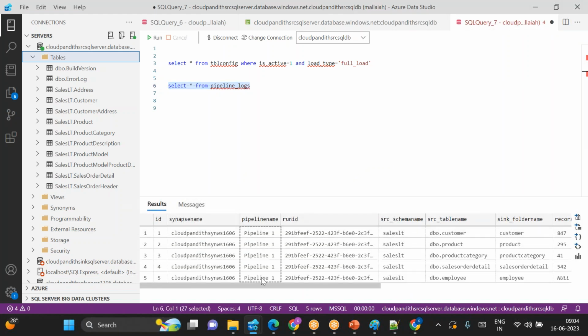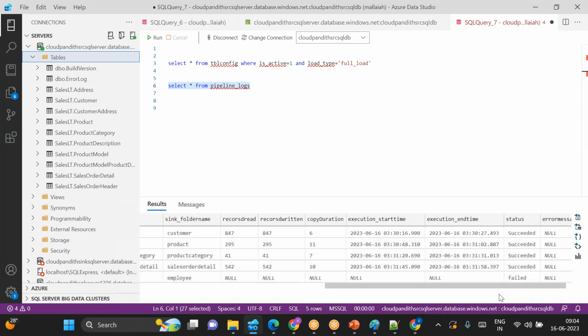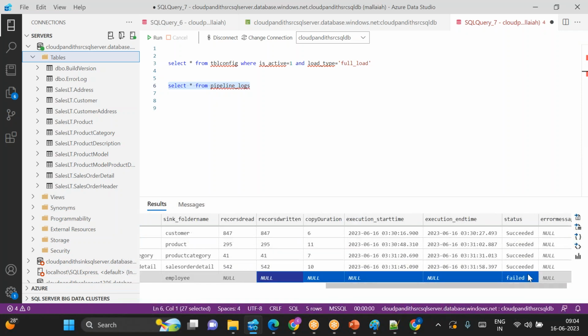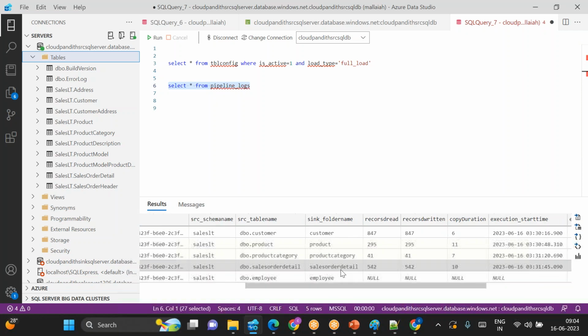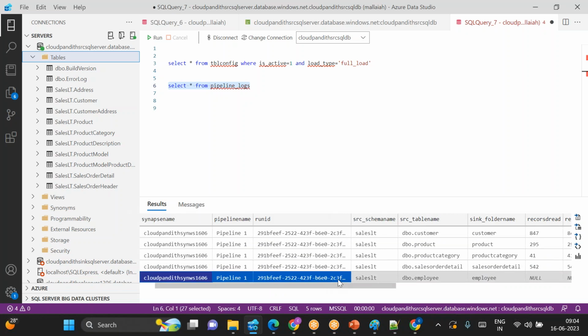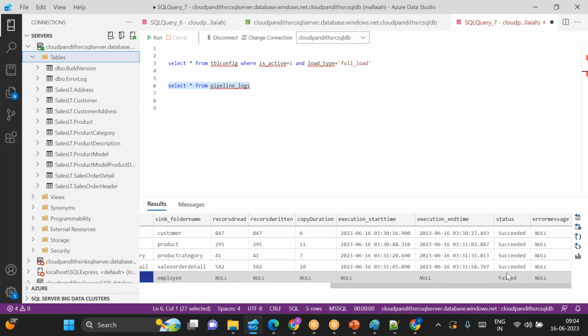See, pipeline logs has 5 records. This record is showing null, null, null, null, and it is failed. Why did it fail? We know, this table is not there. When the employee table is not there, I just marked it as failed. Tell me,